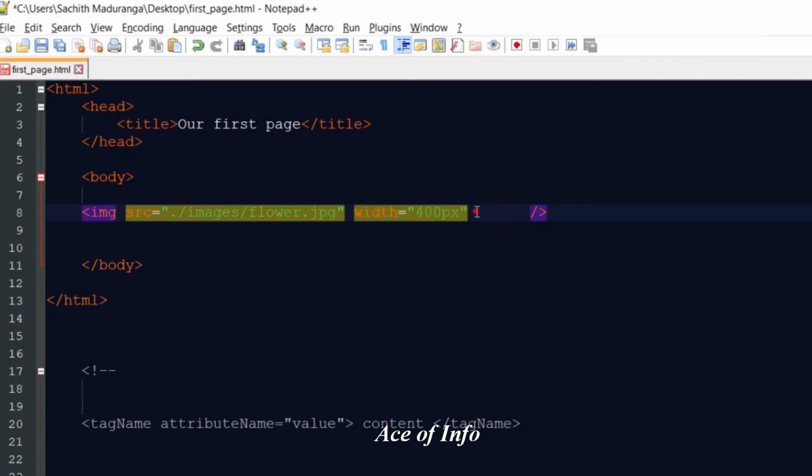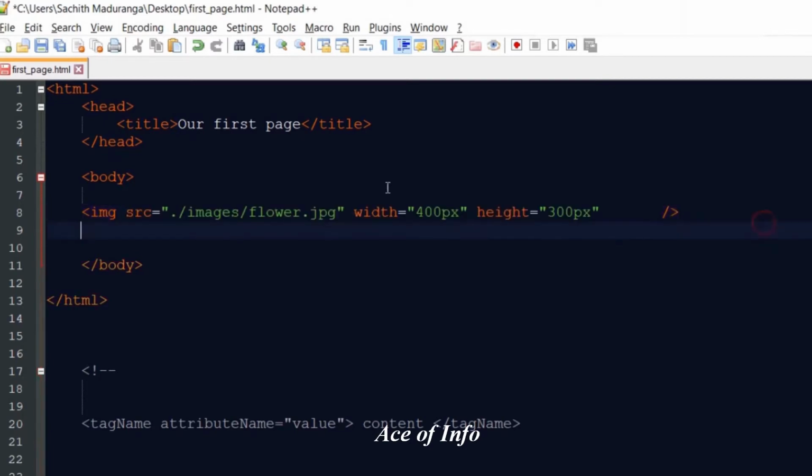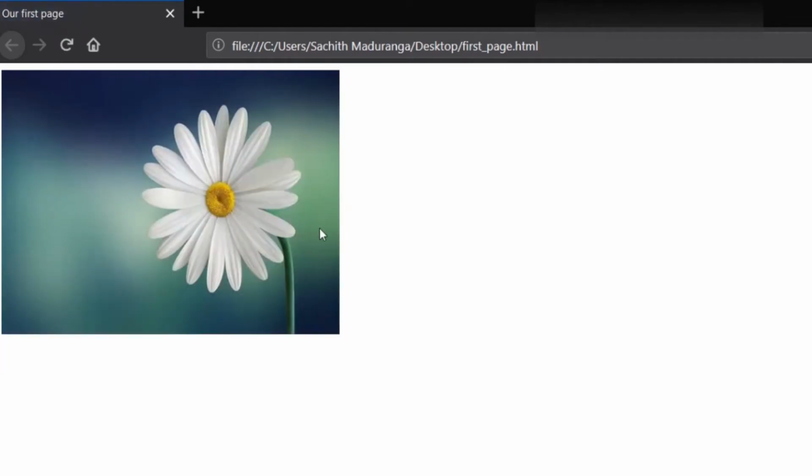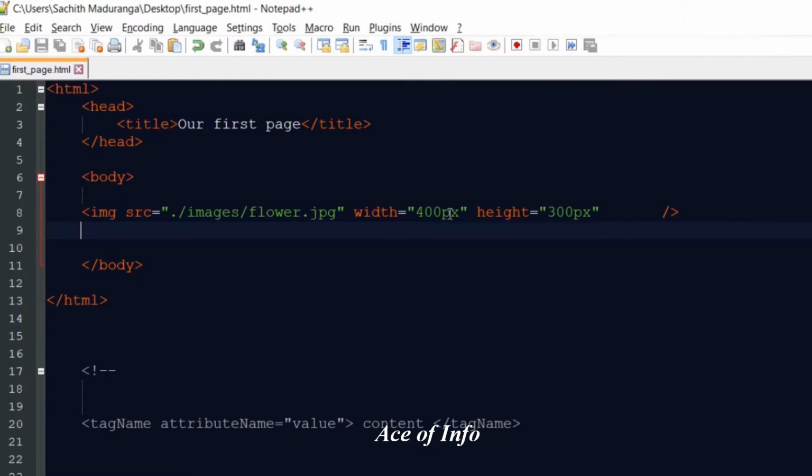Now the width of the image is 400 pixels, and then I'm going to give it height with a value of 300 px, and let's save this and go to the browser and reload. Now you can see it's a little bit different. Now the width is 400 px and the height is 300 px.